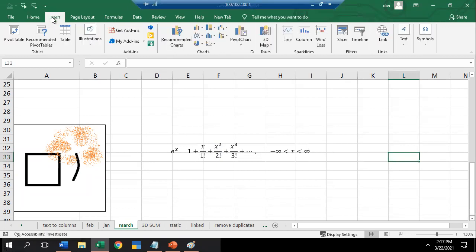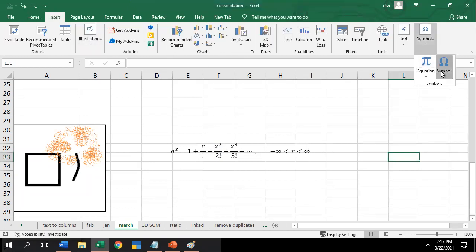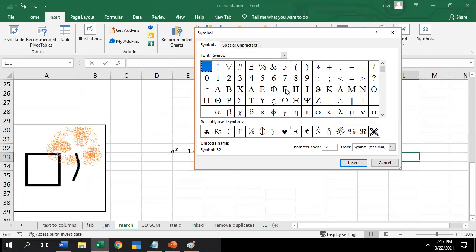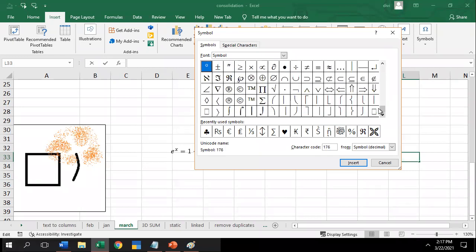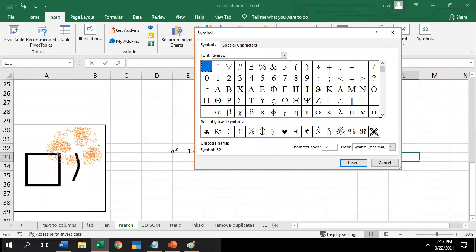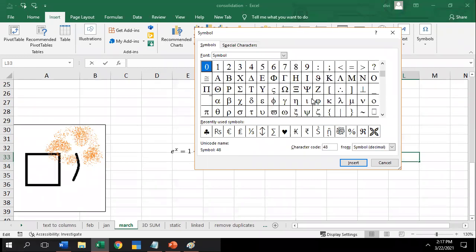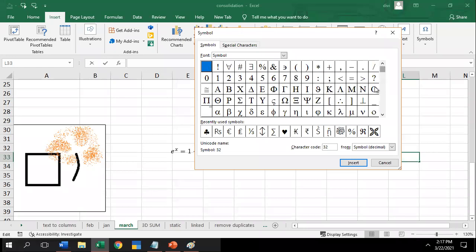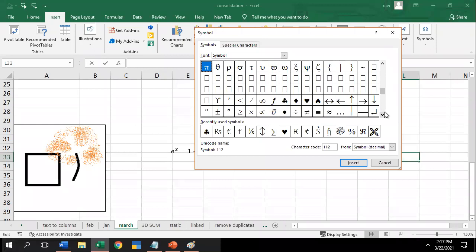Once you have come out, the format tab will be closed. In symbols, you'll have different kinds of symbols like percentage, which can't be inserted using the keyboard, that can be extracted through this. In symbols, if you know the coding, the American Standard Code for Information Interchange, that can be inserted. If you don't know, you can go by the symbol. You can insert it by this method.